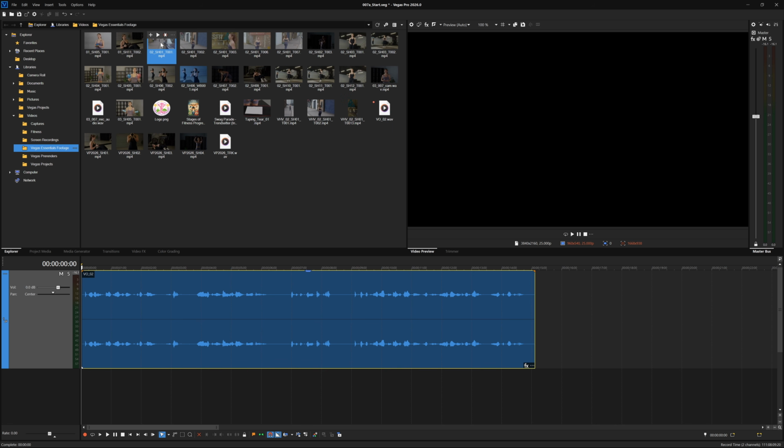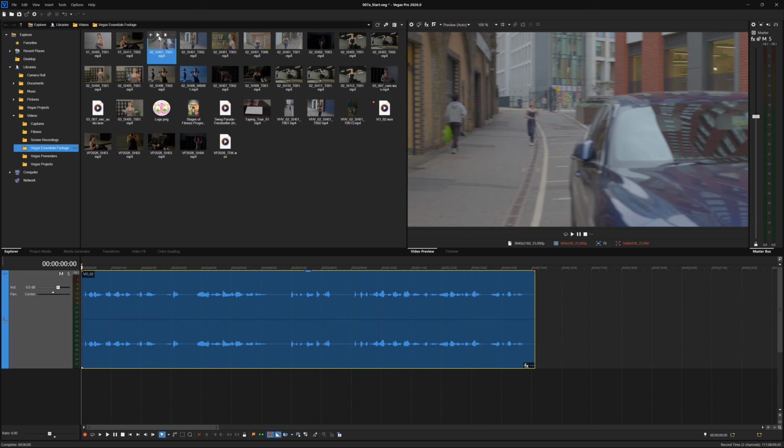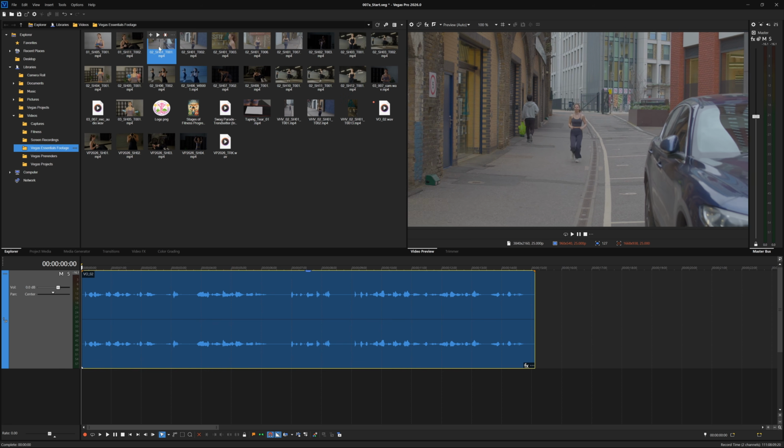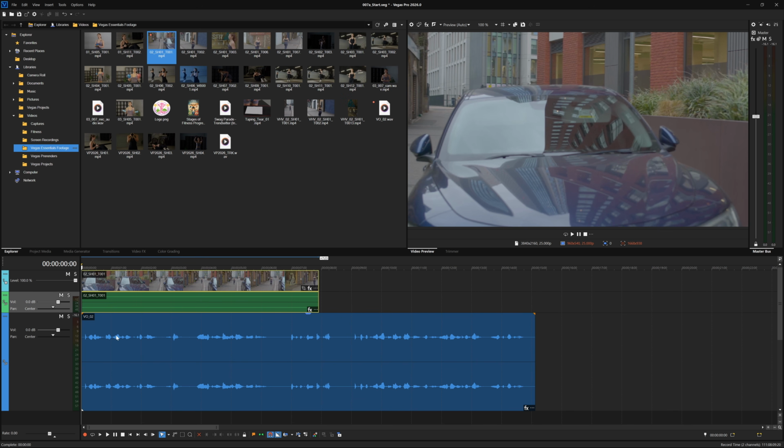Now with this particular shot, we can either review it by hitting the play button. So we can see there's a camera move as well as the running happening. And we can just trim this down in the timeline because it's not a long shot. So I'll just drag it down and place it on the timeline ruler above the existing tracks. By doing this, when you release the button, it creates a new track. And you can see that we've got a grouped event, which has got video and audio, and they move together. And if the audio becomes a problem, we'll delete it in a minute, but this is just an easy way